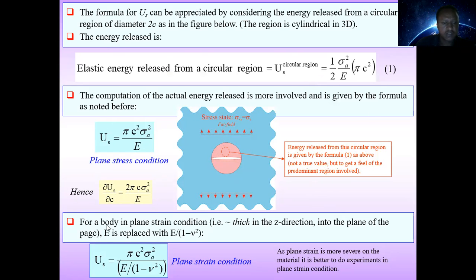For the body in plane strain condition, with thickness in the z direction into the plane of the page, E is replaced with E over 1 minus μ². So Us is equal to the strain energy, Us is